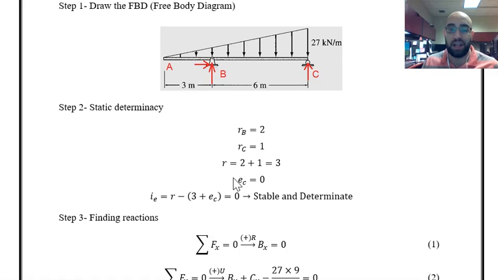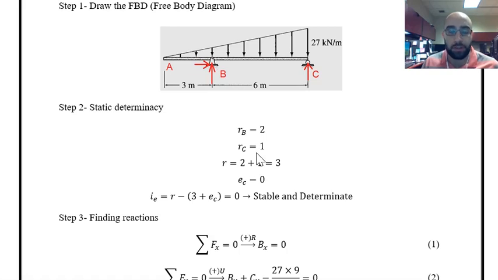In the case of exams or in problems that I give you for homeworks, I will specify which equation to use, because I know it may be a little confusing, for example, if a frame is given, whether I have to use this equation or the specific equation for frames. I will specify which equation to use, so don't worry about that. But in different examples that I have over here,